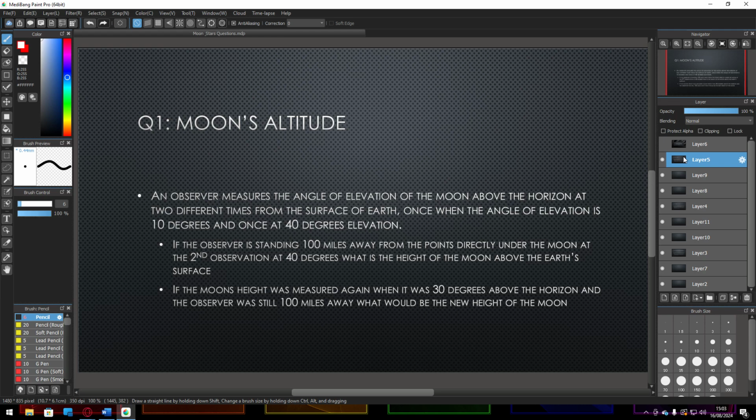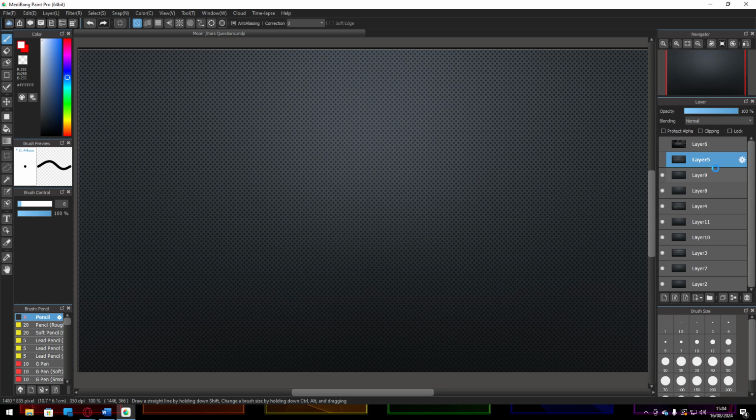And the second question is, if the moon's height was measured again when it was 30 degrees above the horizon and the observer is still 100 miles away, what would be the new height? So we're just going to be measuring the height of the moon and then we're just going to be changing the degrees. And yeah. So, the first question, since we're trying to find